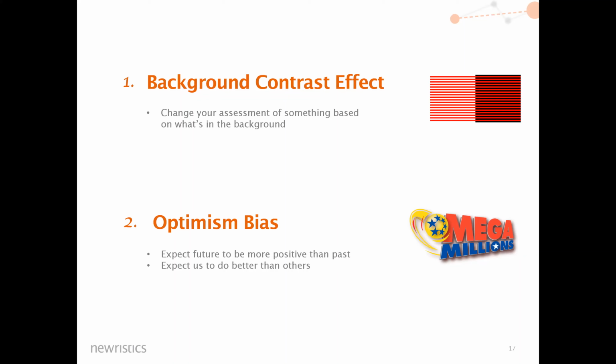And we all know what the chances of those are. They are very, very low. But what we don't get to see, or there's very little discussion about, is how the whole lottery system, which is entirely based on irrational optimism bias, is essentially a way to tax the poor and the